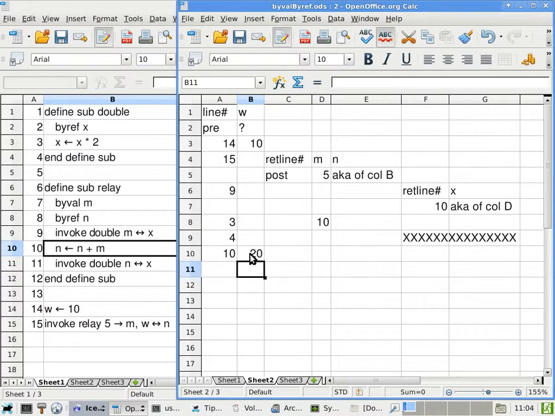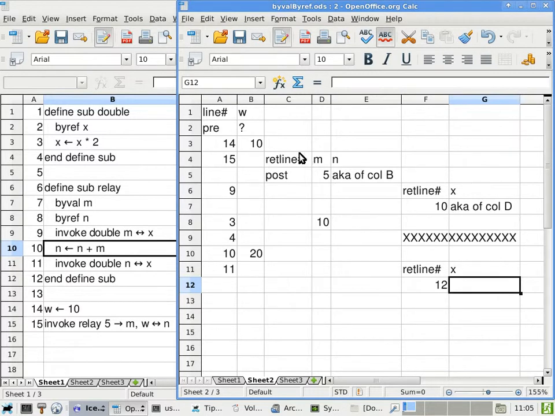Are we doing okay so far with this? Okay. And then we move on to line 11. Line 11 is invoking double again, which means we have to set up a return line number. This time we are returning to line 12. Parameter x is now n, but because n is also passed by reference to me, this time I do not